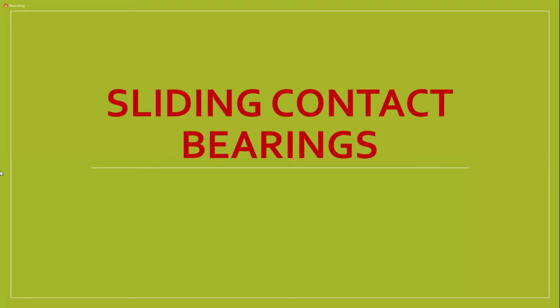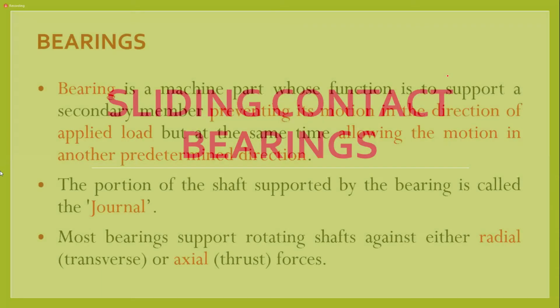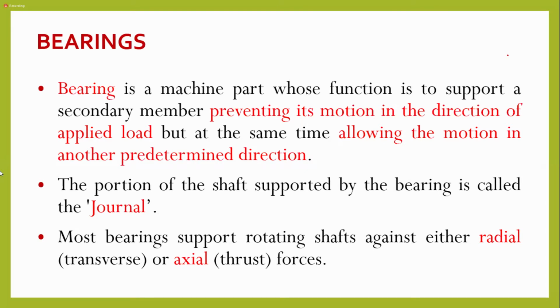So in the first chapter, we have the bearings, and in that we have two types of bearings. One is the sliding contact bearing. The other one is the rolling contact bearing. We all know what a bearing is. Suppose there is an online exam and you are writing multiple choice questions or something; then you need to go through the basics also.